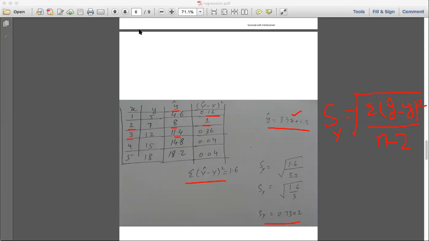Clear? Any question about this? To find the error of regression line y in terms of x. If you have any question, you can ask me. If no question, okay. Next we will study about